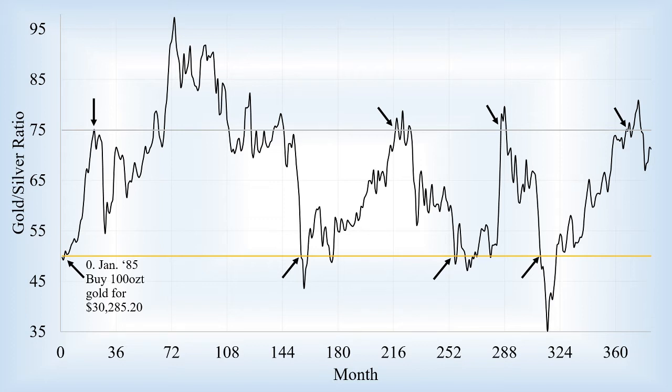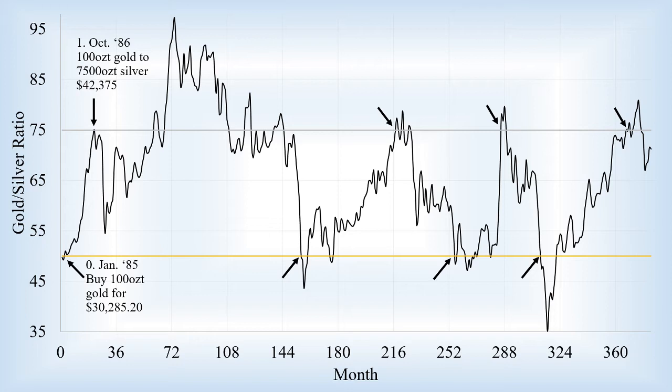I just picked the amount of money that it was equivalent to 100 ounces of gold at that point in time. So we had $30,285.20, and we used that money to buy 100 ounces of gold. Okay, and then in October '86, that ratio increased to that 75. So as soon as it hits that 75, we trade that 100 ounces of gold to